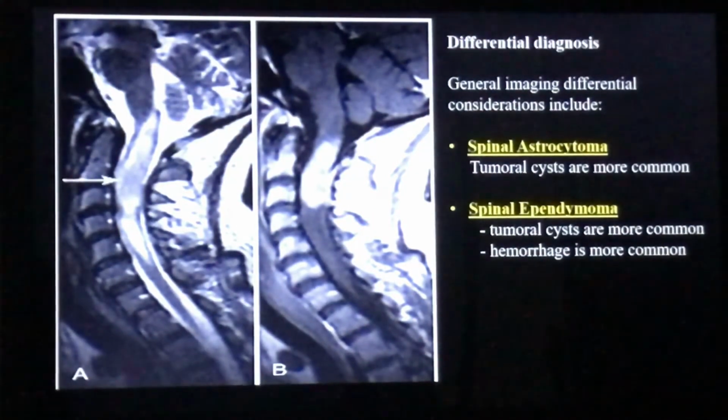Now this is an example. On the post-contrast weighted sequence, we can see a well-defined, homogeneously enhancing lesion in the cervical portion of the spinal cord, which is nearly iso to mildly hyperintense on T2 weighted imaging, and associated edema can be seen, which is not showing any enhancement. No area of obvious tumoral cyst or hemorrhage can be seen, which can help us differentiate them from astrocytomas and ependymoma.